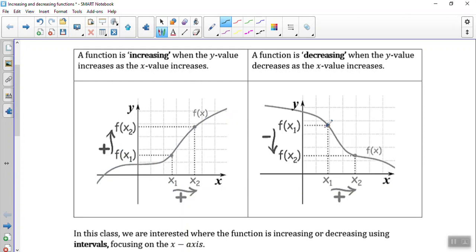Okay, and then a function is decreasing when the y value decreases as the x value increases. Again, I'm looking at my x value going from left to right, and if it's decreasing, my y value is going down, so it looks like the function is going down this way. Sometimes I have students say, well, the function is increasing if I go this way, going from right to left. But no, when we're talking about increasing and decreasing, we're only looking at the function going from left to right,